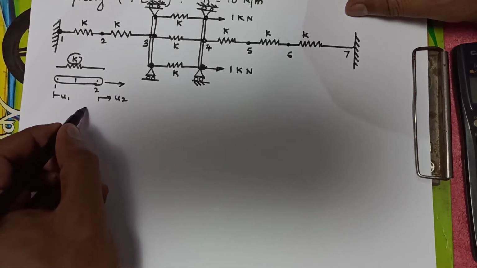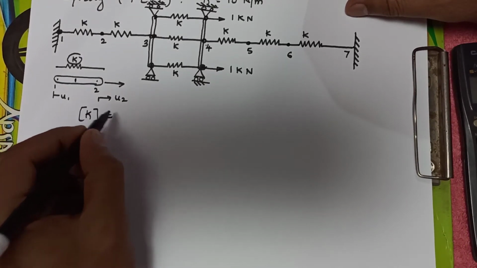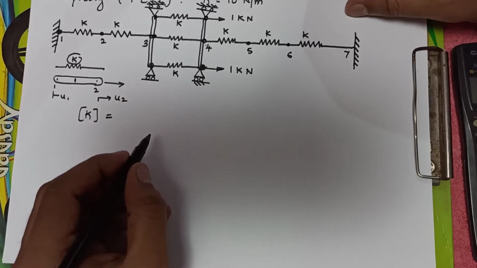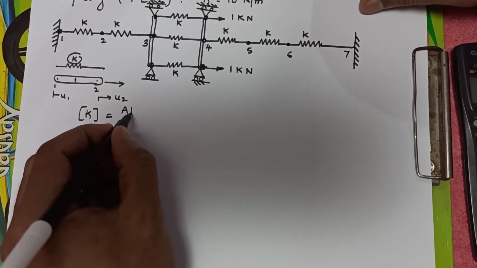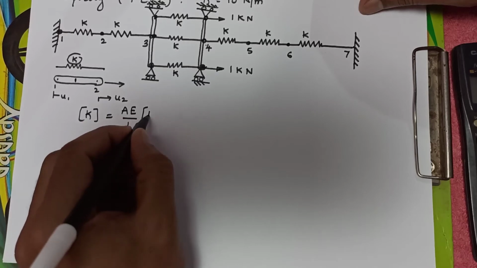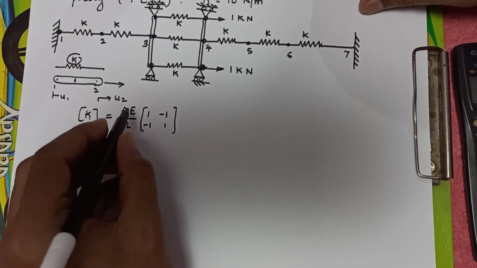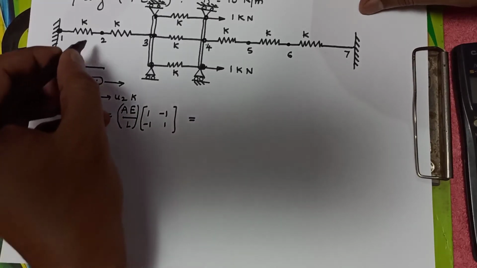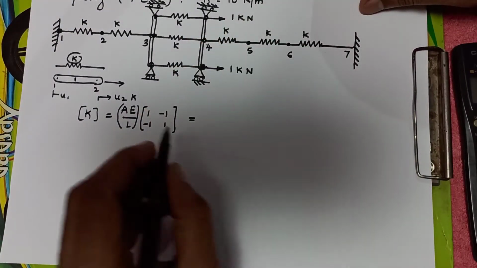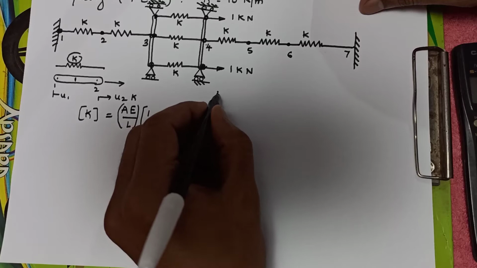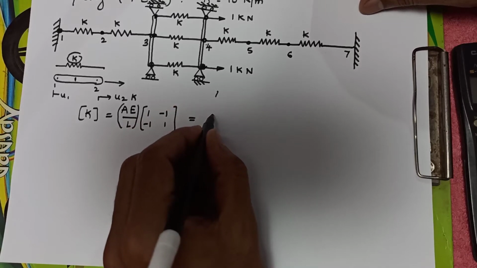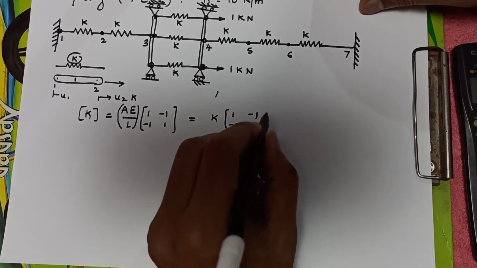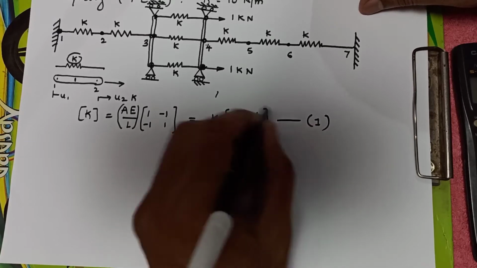Now what will be the stiffness matrix, where K is equal to, for this bar element. Okay, so for the spring and for the bar it will be the same equation, that is AE by L times [1, -1; -1, 1], where AE by L is equal to what? K. So the K value which is already given in the question, that is 10 Newton. So we take A by L as the K value. So here this will be K [1, -1; -1, 1]. So let us keep this as equation 1. We will come to this equation later.